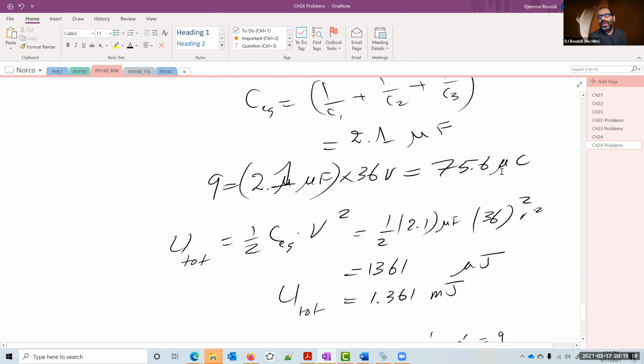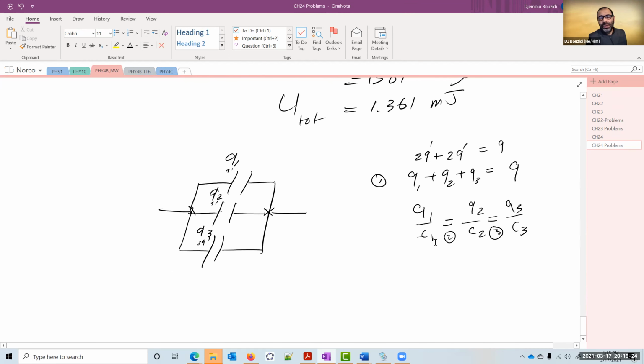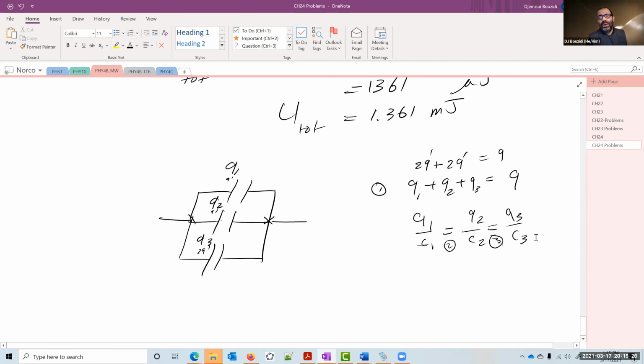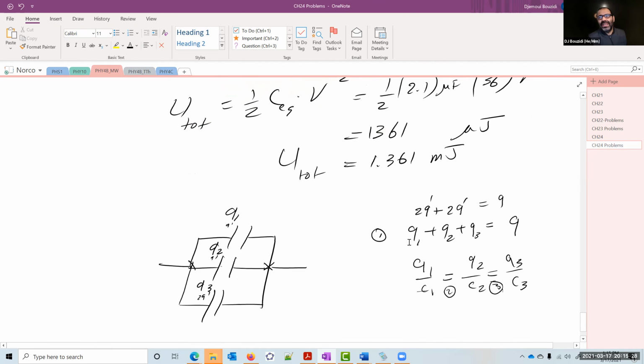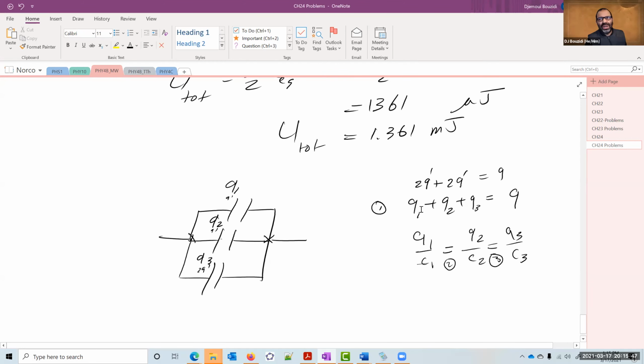You know Q is actually 75.6 microcoulomb. And you know C1, C2 and C3, okay? Once you find that, you're going to find three equations, because you have three equations with three unknowns. Once you plug that in, you're going to find the charges in here, okay? So I'm going to leave that to you guys, and hopefully you finish it. And if you have difficulty with it, you let me know, because we have 10 minutes left and we have another problem. So this is a system of three equations with three unknowns. Once you solve that, you're going to find the charge. What was the question?